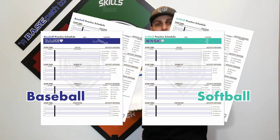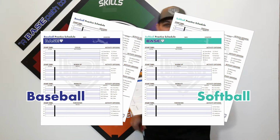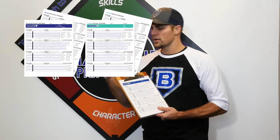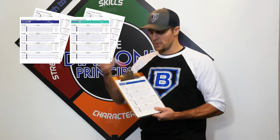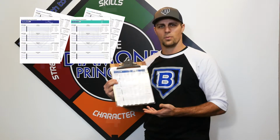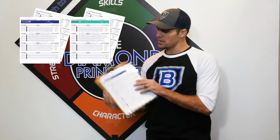So what we've designed is a simple practice schedule that you can fill out in your car before going out to practice, or at your office when you're leaving work, just using a simple dry erase pen on this laminated sheet, and go through and fill out your practice plan both on the front and back. So what this practice plan really is